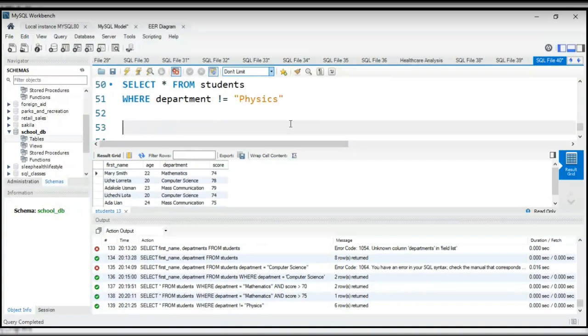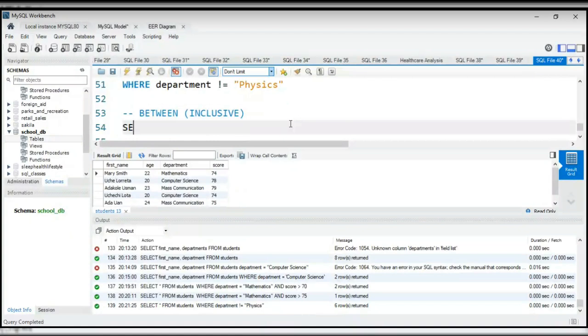So then the last one, between. When you write between, maybe you are saying between 10 and 20. It's actually inclusive. So if you say between 10 and 20, 10 will be included, and 20 will be included. So I want to write inclusive, right? And let's say we have